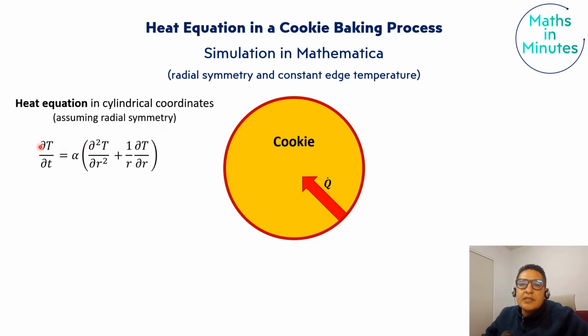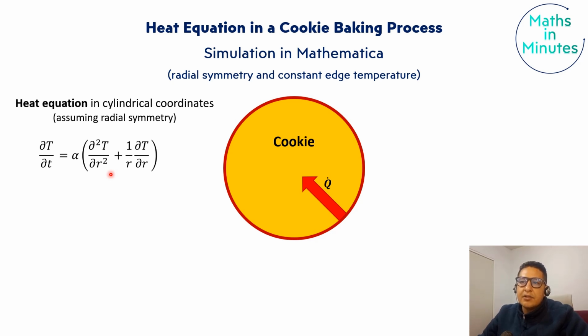This equation is this one. The derivative of the temperature with respect to time is equal to the thermal diffusivity times these two terms: the second derivative of temperature with respect to the radius plus 1 over radius multiplied by the derivative of the temperature with respect to the radius. As you can see here, the temperature in the cookie just depends on time and on the radius. So this partial differential equation is somewhat easy, and we just need some initial and boundary conditions